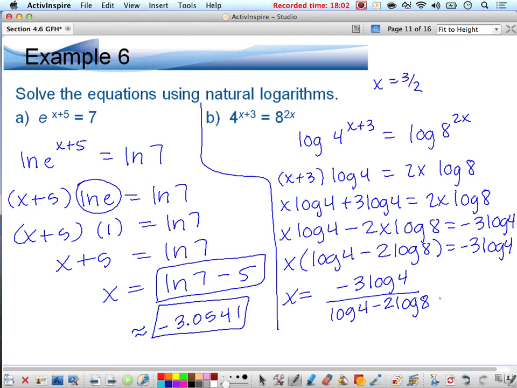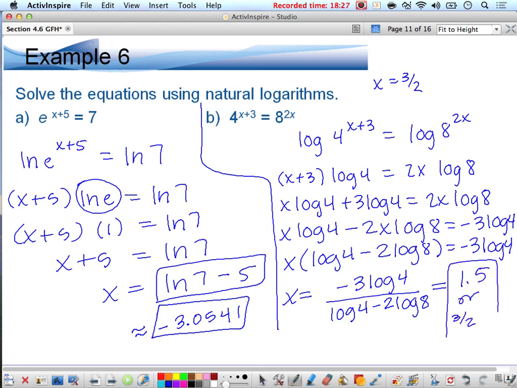Could you move that 3 if you wanted to keep going? Sure. And it's 2? Yeah, you can move the negative 3, you can move the 2, and then you could use all kinds of properties, and you probably would see it. But you are holding a calculator, so you should be able to type it in. What'd you get? 1.5. So it wasn't even a big decimal. It was 1.5, which is the same as